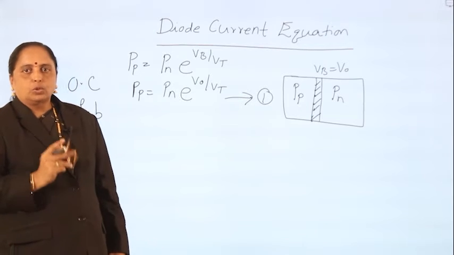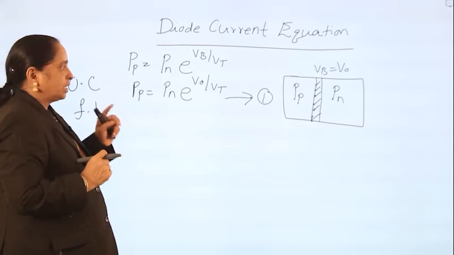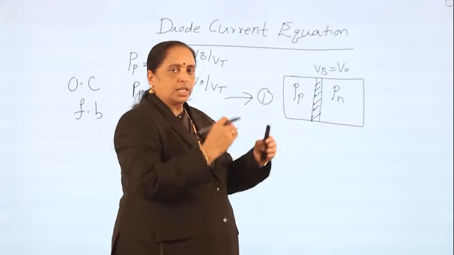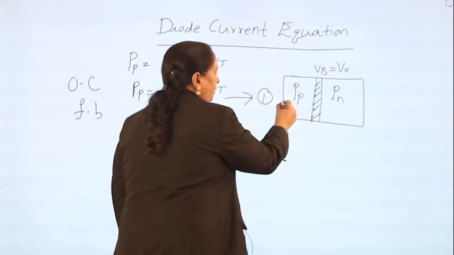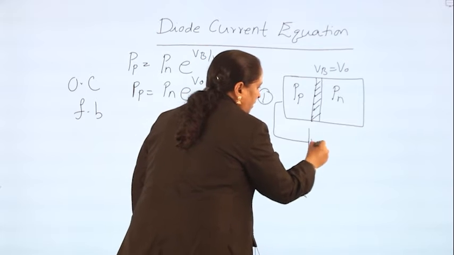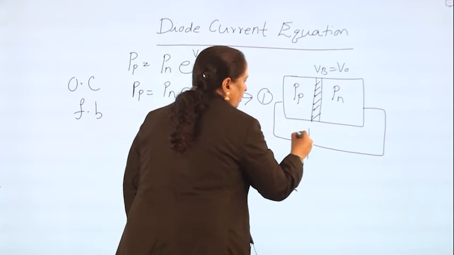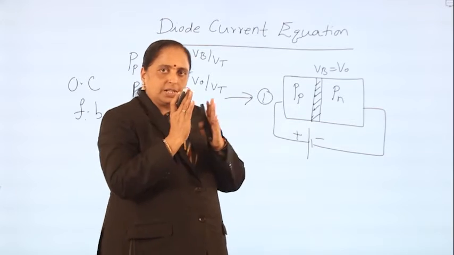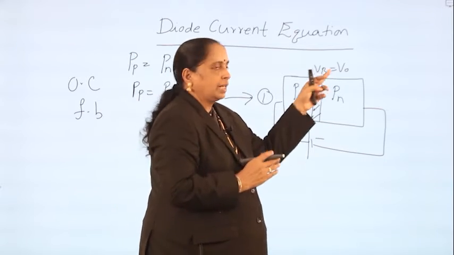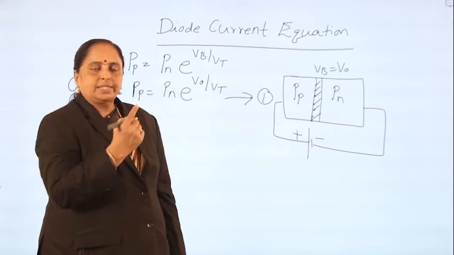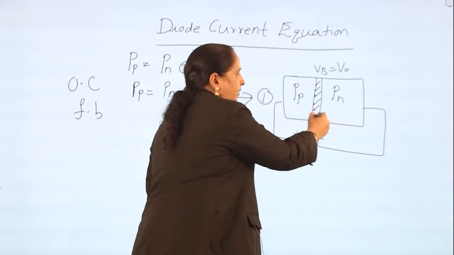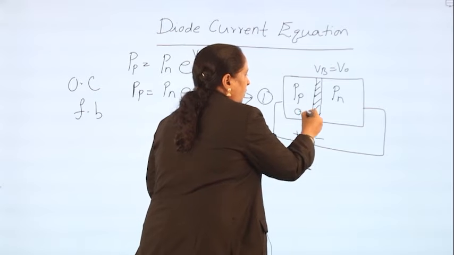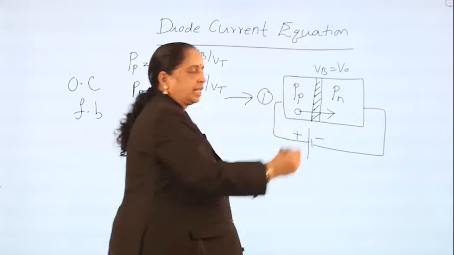Then, if the diode is forward biased, two things will happen. The first one is the barrier width decreases. That is, the barrier voltage will also decrease if the same diode is forward biased. When the external voltage is increasing, the depletion width decreases so that the barrier voltage is reduced. And the second thing is, as soon as the depletion width decreases, some of the holes cross the barrier easily and enter the other side.